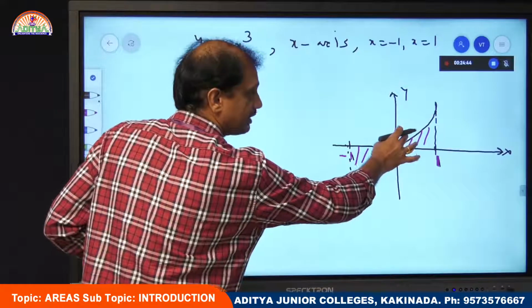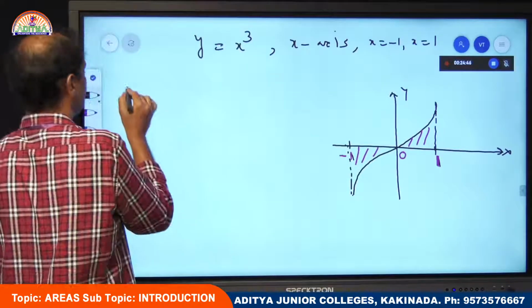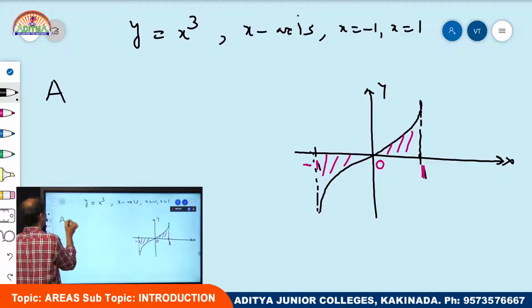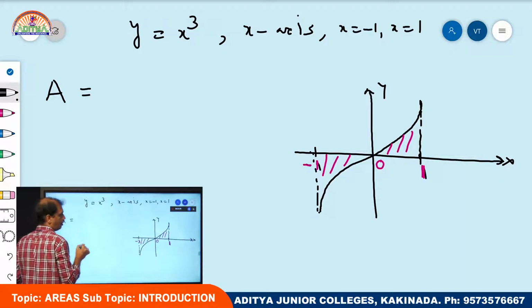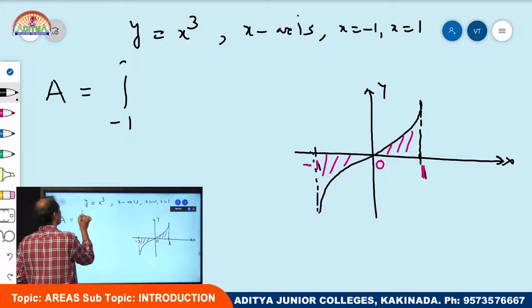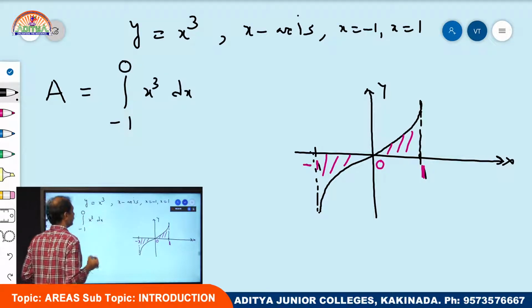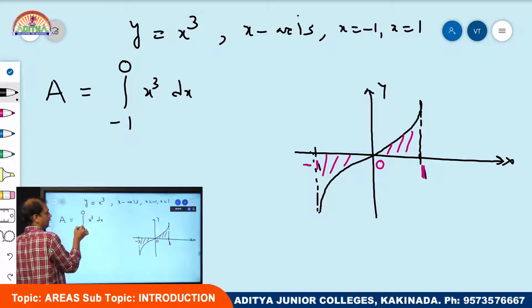Now, how can we find the area of this region? For that, I am always representing the area of the region by capital A. Now, how can we calculate? If you don't know whether it is positive or negative over a given interval, we can take it like this: integral minus 1 to 0 x cube dx under modulus